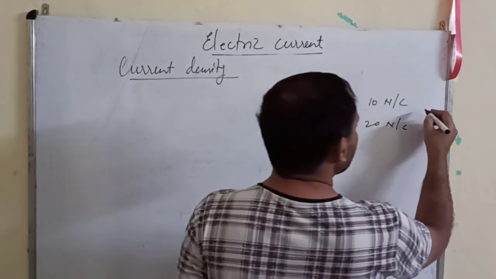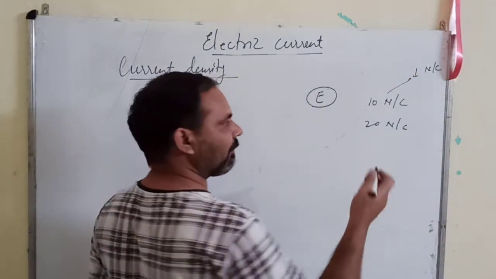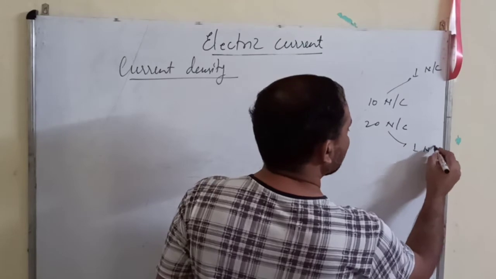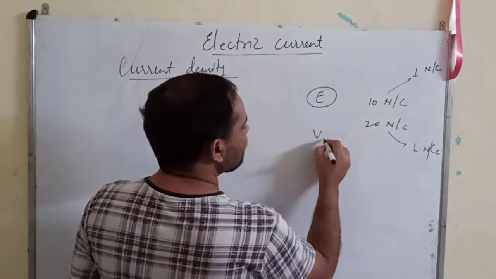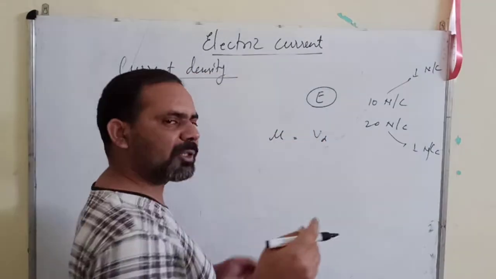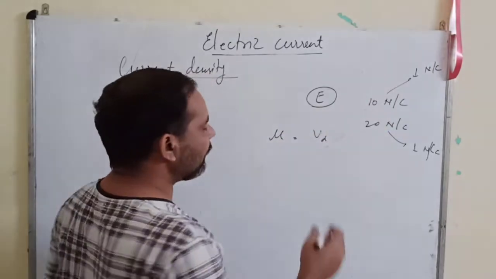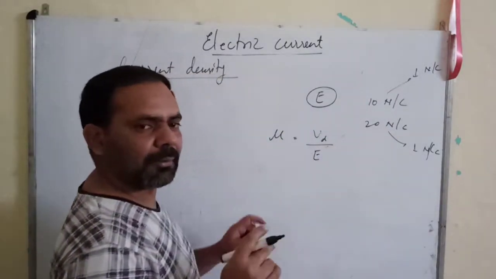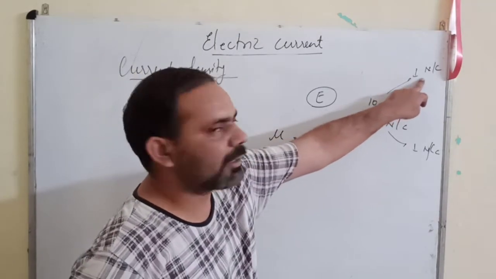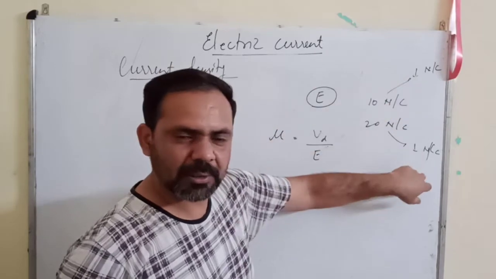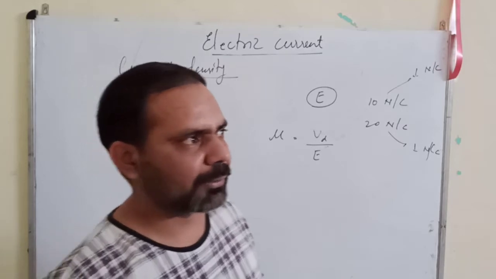You just find out, for 1 newton per coulomb, meaning for 1 unit electric field, what is the drift velocity of both the charges? Mobility is how much drift they can acquire, but what we have to make similar is the condition. So we divide this by E. Why are we dividing it by E? Because we are finding the drift velocity acquired per unit electric field. To make the situations similar, we divide it by the electric field. Are you getting my point?